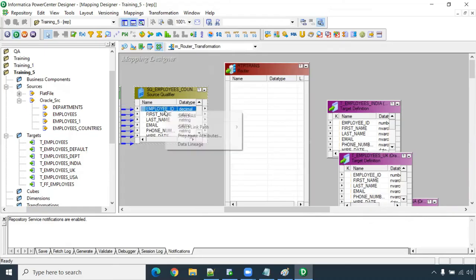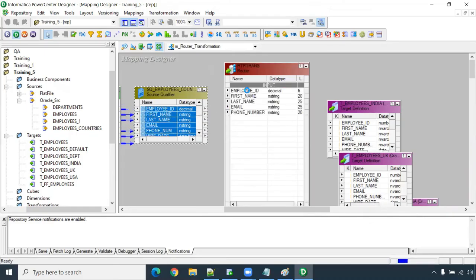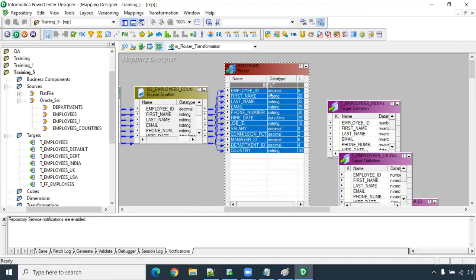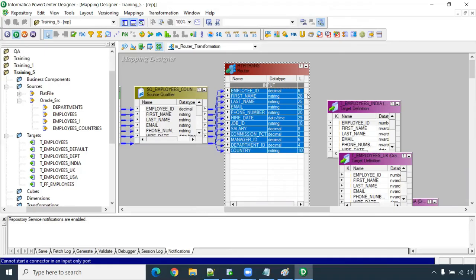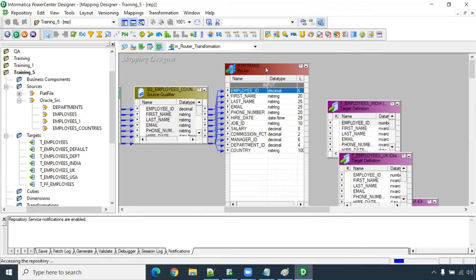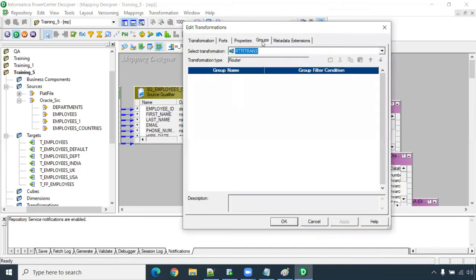In the router, you can drag and drop the columns. Remember, if you drag and drop, it will have only input. You cannot take output from here, because it is the input group, you cannot take output from it. You can see there is no arrow mark here. It's a single input group, that's all. You have to create the router output groups. It's very simple. You click on add new group, just one group. If you click on one single group, it creates the default group by default.